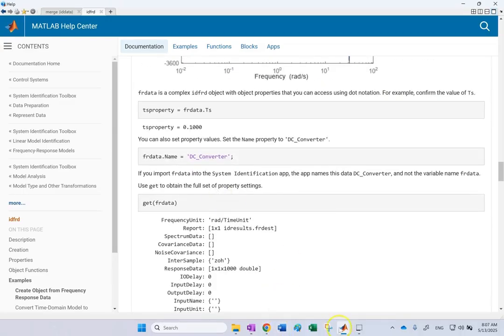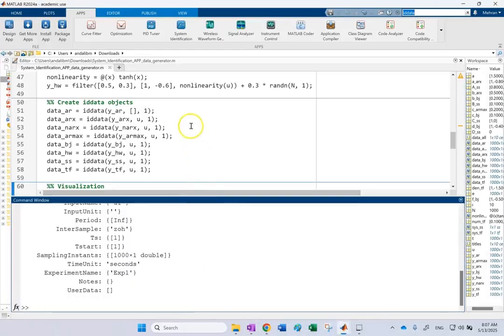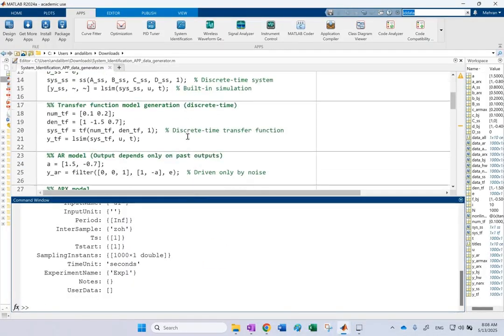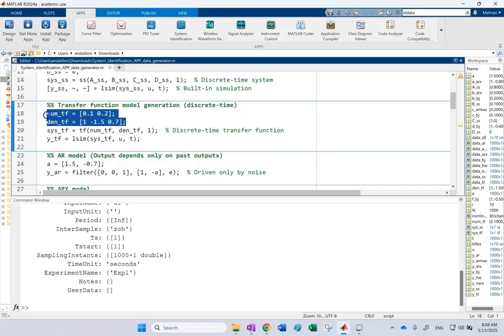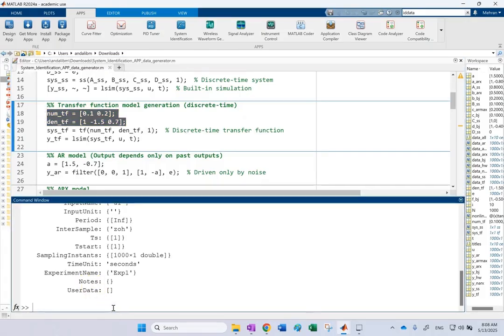So in this case, with this transfer function, if I wanted to create the data, I had to create omega. For instance, omega equals logspace from 10 to the 0 to 10 to the 3 with, let's say, 500 data points, and then y equals